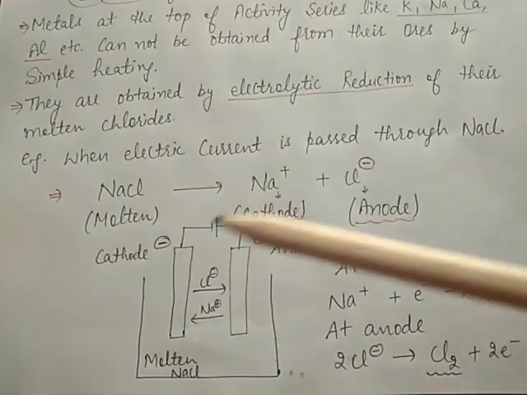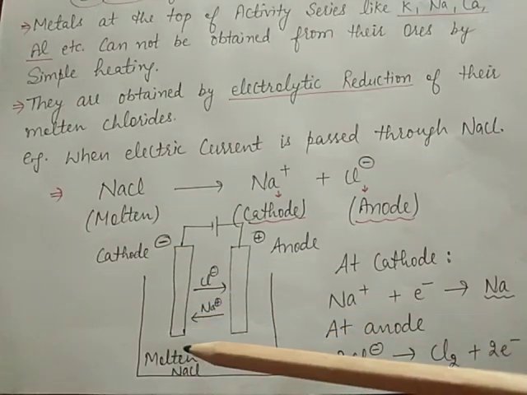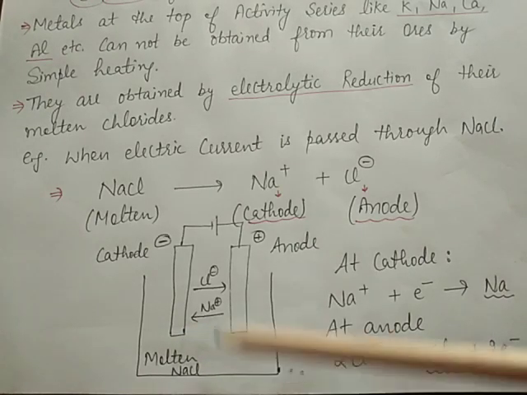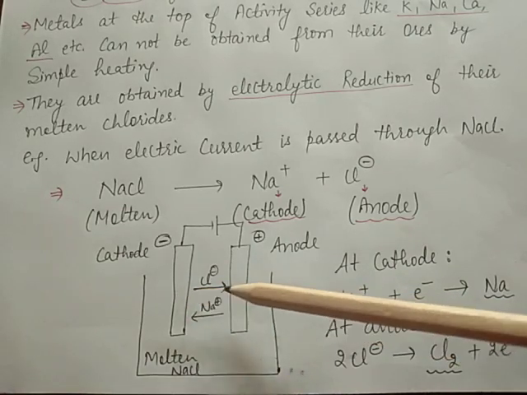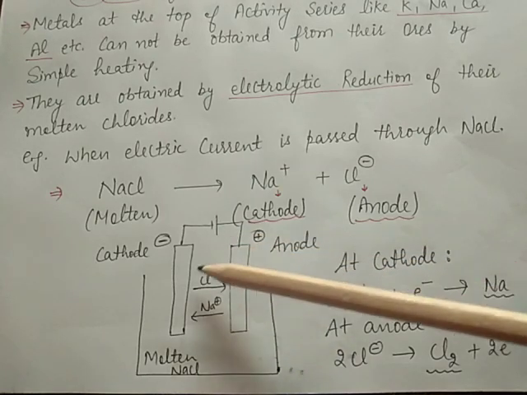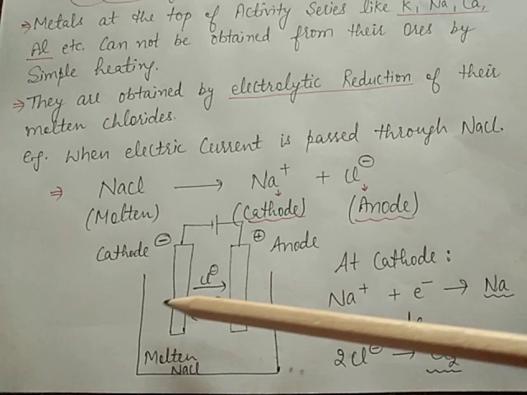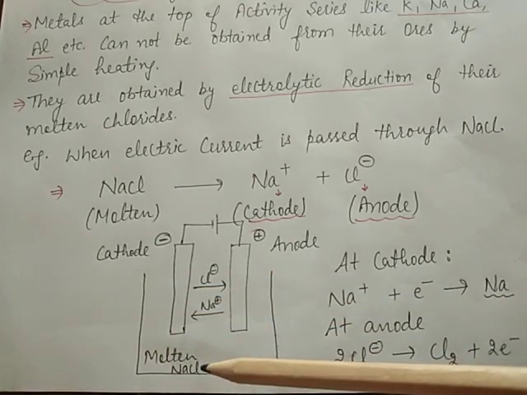This is the electrolytic process. Here the molten NaCl is taken in the electrolytic tank and there are two electrodes, one is cathode, another is anode. Anode having positive charge and cathode having negative charge. These electrodes are put in the electrolytic solution, that is NaCl,